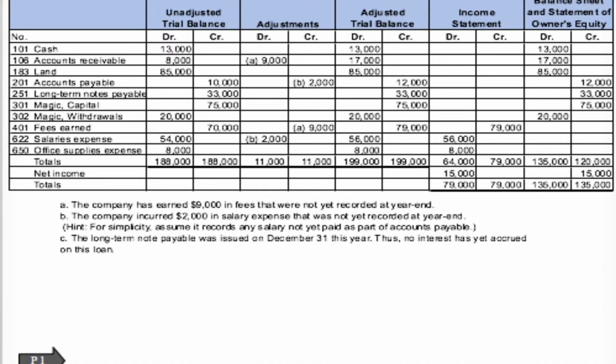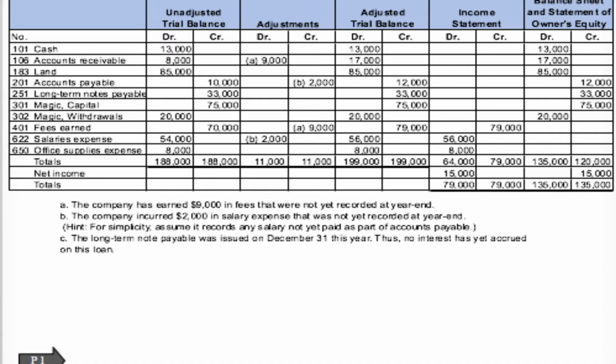Next, we have $2,000 in salaries. This is B here. $2,000 in salaries expense not recorded at the end of the year. For simplicity's sake, assume it records any salaries not yet paid as part of accounts payable. This is an accrued payable. The adjustment, the journal entry for this, is a debit to salaries expense and a credit to accounts